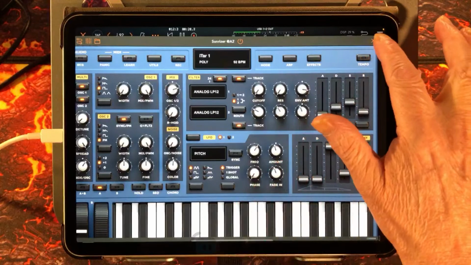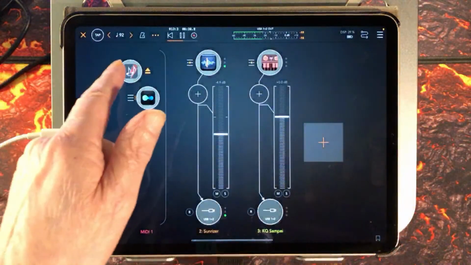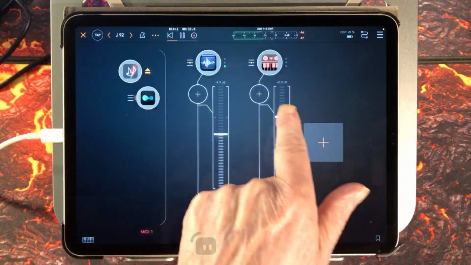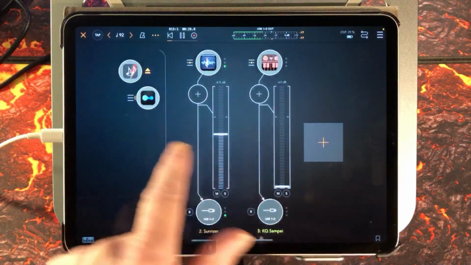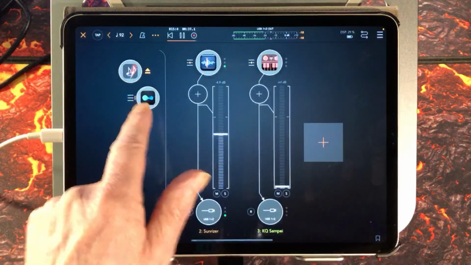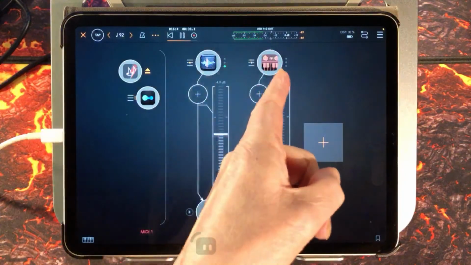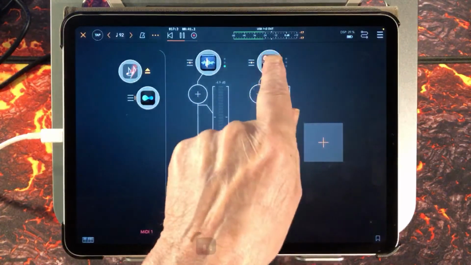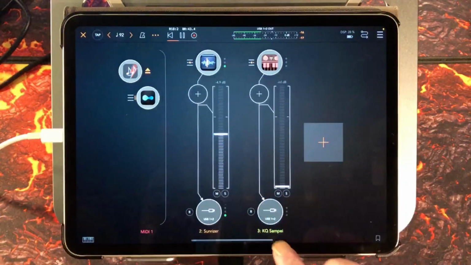Keep an eye on the envelope amount here, and I'm going to turn this down. PolyBud is playing this instance of KQ Sampai,